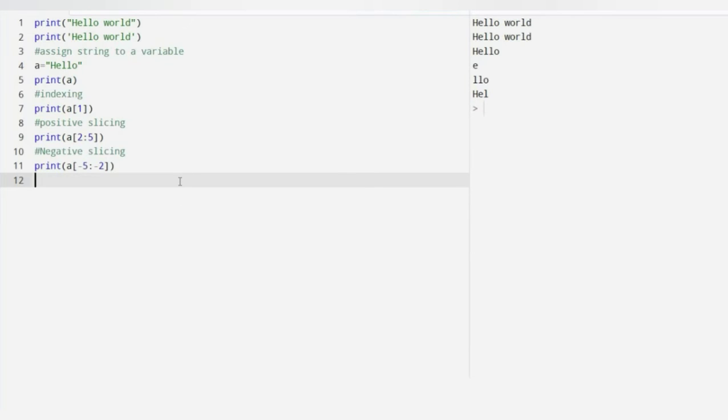And next we see the most used syntax in Python programs, that is the length of a string. How to know the length of a string? It is a very simple string, so we need to print len of a. Len is a function to know the length of a string.